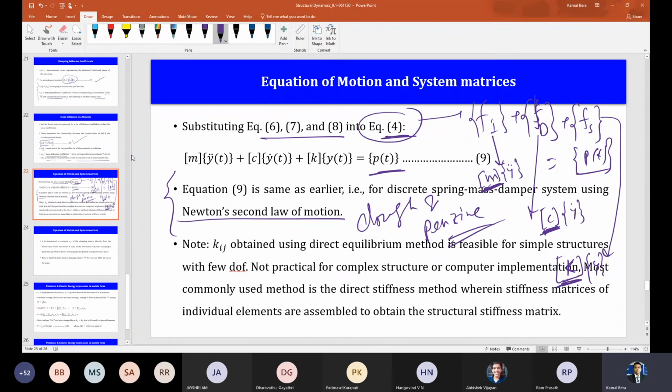Because in a computer, it is garbage input, garbage output, GIGO. If you model it wrongly and give some wrong input, it will still give some result, and you will get a nice colorful plot, but that result may be totally wasted if your modeling is wrong. So it is sometimes better to check using those traditional methods.